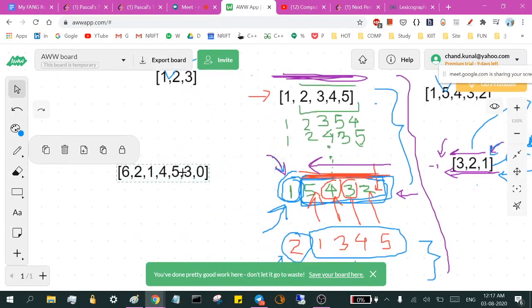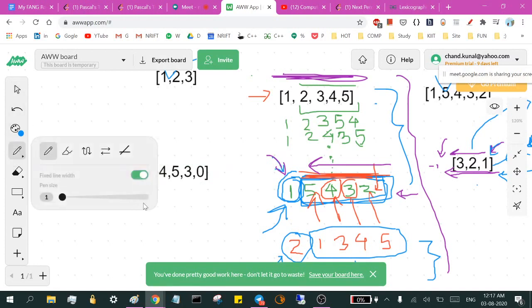How do we do with this particular example? Okay, so like always, we'll be checking the decreasing sequence from right to left. So 0 is good. We are at 3. We check 3 is greater than 0, good. 5 is greater than 3, good. 4 is greater than 5? No, it's not. Then this means that this particular index is the one which is breaking the decreasing sequence. Hence what we need to do is